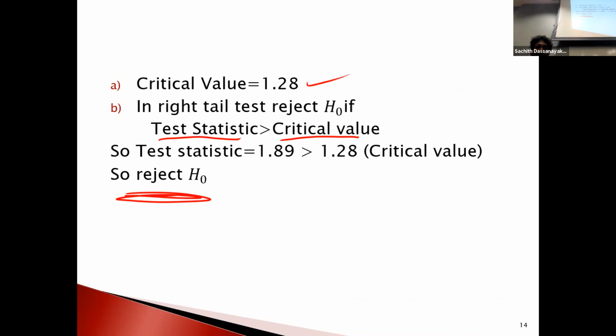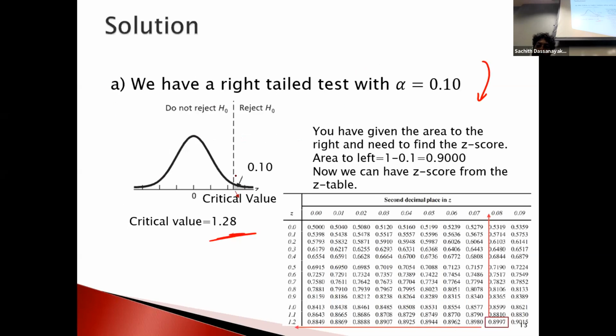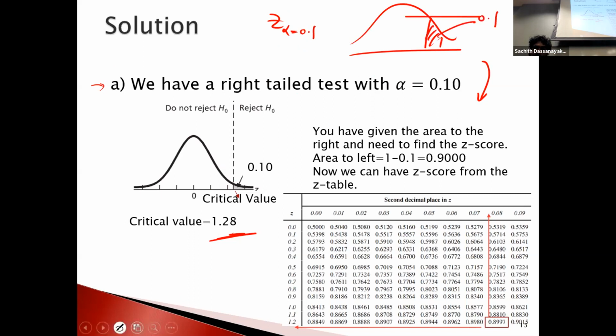Clear? Give me one or two minutes. I'll just explain this one. I just try to refresh your knowledge because you need this for mid exam 3. So how do we find this value? Z alpha is 0.1. What does this mean? Do you remember the Z alpha notation? It is always to the right. So simply this one. The alpha value is 0.1.